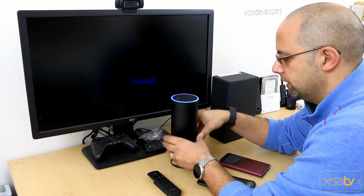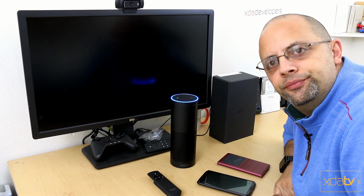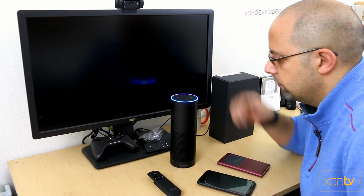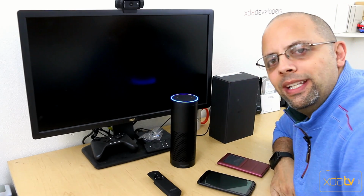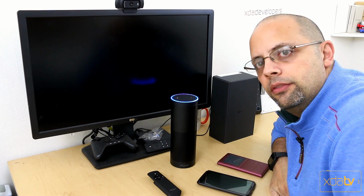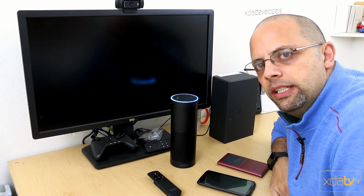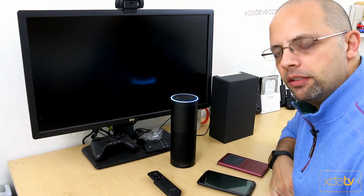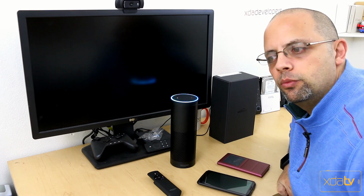The one thing you will notice though when you get this out of the box, nowhere does it say Echo, like nowhere. Amazon's all over the place. It says Amazon here, it says Amazon on the box, but the word Echo is not in there. It refers to itself as Echo, responds to Alexa, but essentially it's kind of a code name. Think of it as that. So what it's trying to do for you here essentially is blend into the background without necessarily